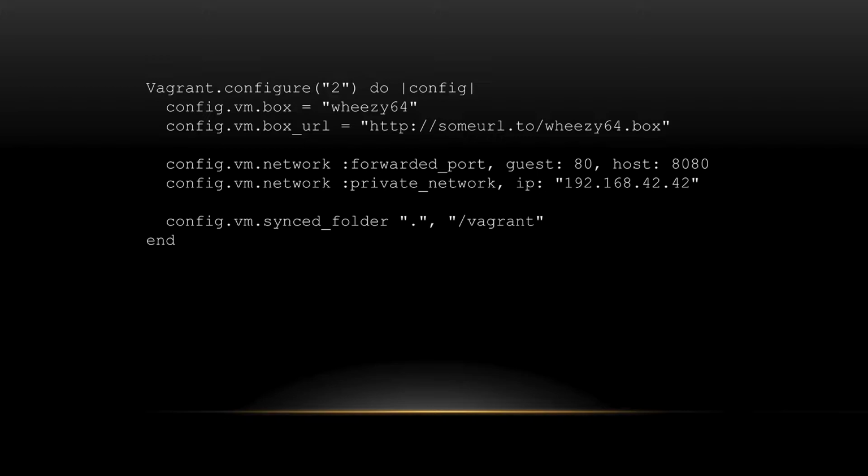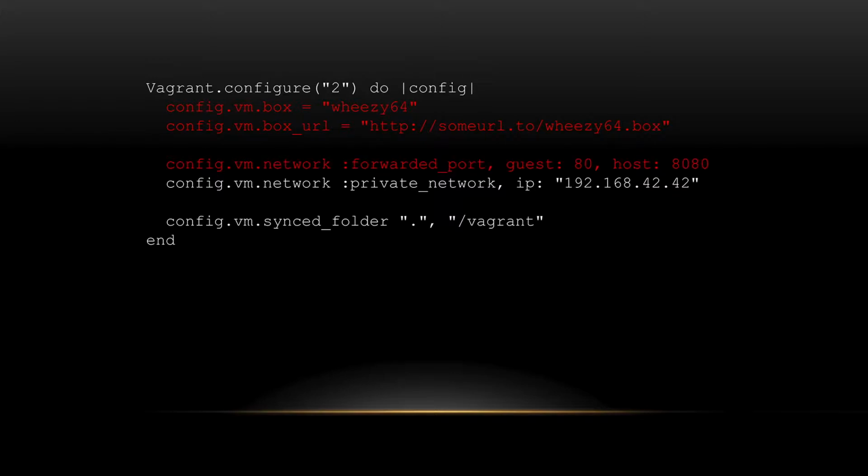The first thing is exactly what you told it, where to find the base box you want to use and what to call it. And the third line really is exactly what it says. It forwards a port from your host machine. So if you go into your browser and type localhost 8080, it will serve you from port 80 from the virtual machine. And it gives the box an IP address, which I carefully handpicked at 42.42, of course. And the last thing is what makes Vagrant the cool thing that it is. It mounts your current folder, which is the dot, of course,